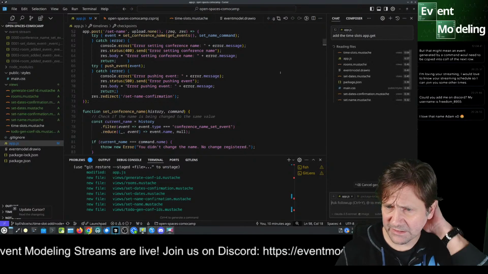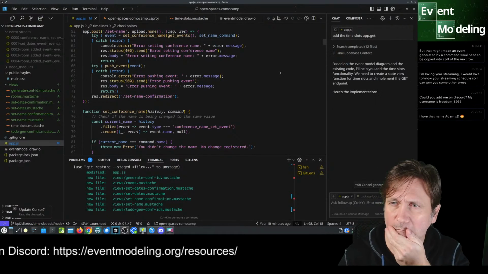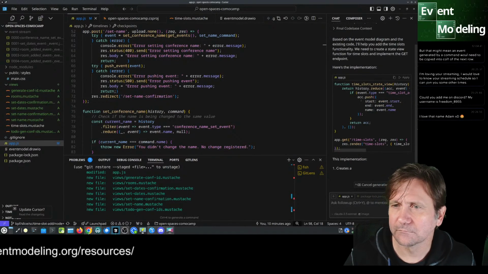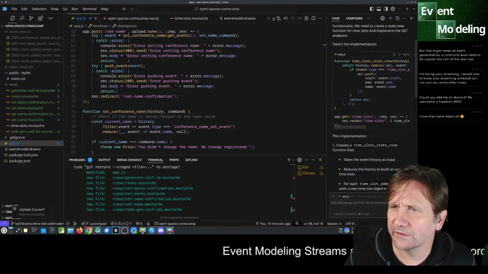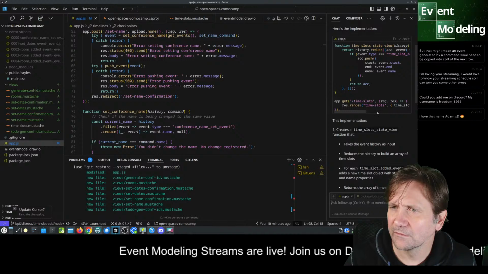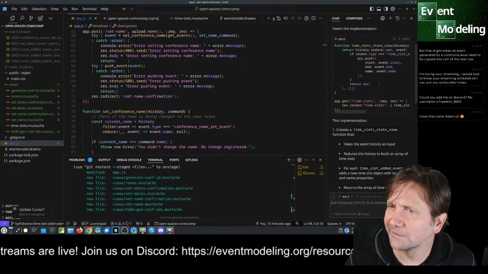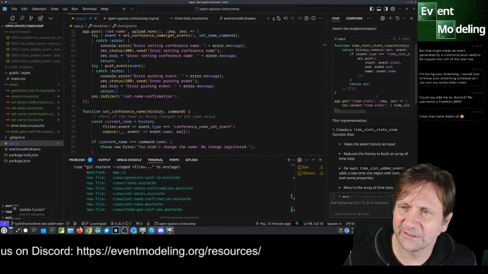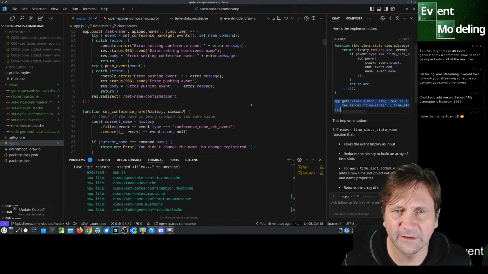Let's just make sure we can see it properly. I don't really want this state view. It's really getting ahead of itself, isn't it? So I'm just going to grab this and edit it down to